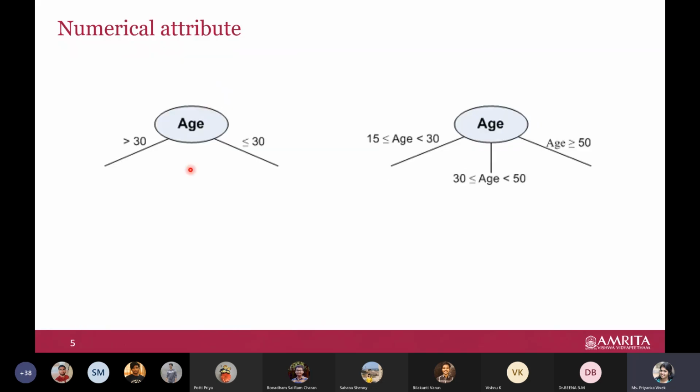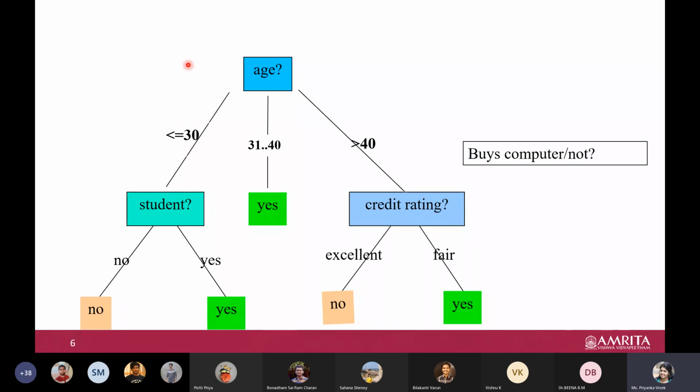Of course, you can't have all the continuous values as an attribute, because we are deciding this split and then we have to branch it, so we can't have infinite branches possible. So we need to split it. Either we choose a binary split, or based on our domain we may have more. Maybe age is not a big factor, so we just split it into age greater than 50 and less than 50. But in some cases we are very specific about youth, middle-aged people, elders, etc. Then we may have more splits. So that is one thing you should remember.